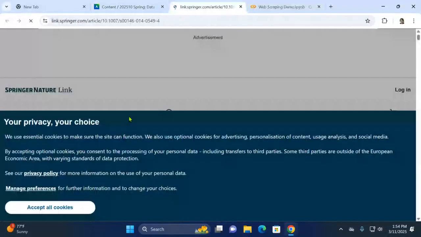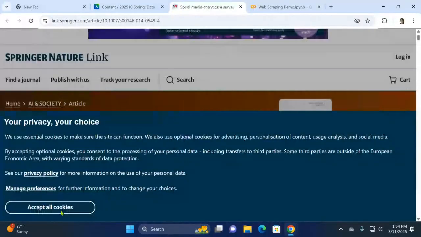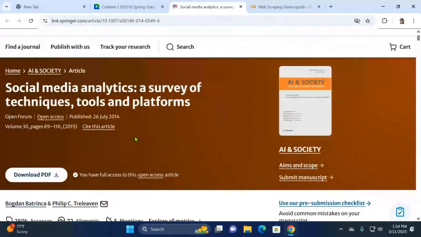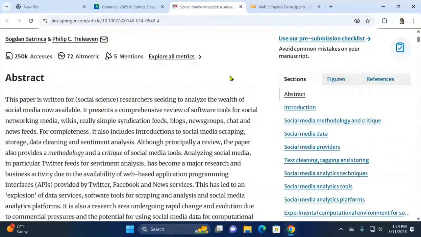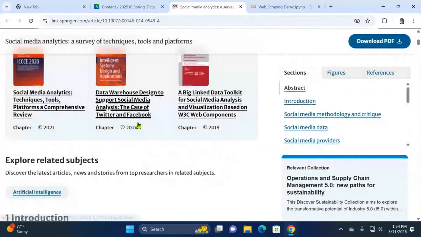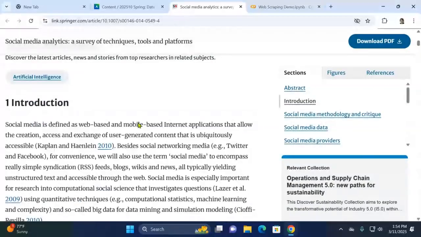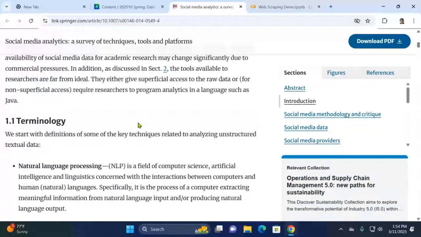Another resource that I came across is this article. I think it's actually a whole chapter, but it's quite nice. It is a really great overview of social media analytics, and the whole 30-40 page chapter is online. So you've got everything from the introduction,